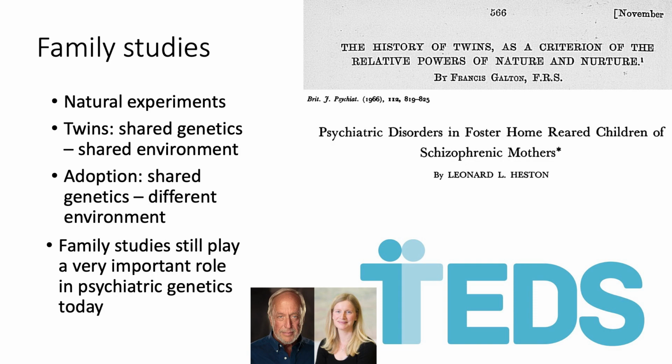And then just to say, I won't really be talking very much about family studies today because it's not the field that I work in, but this type of study still plays a really important role in genetics and in psychiatric genetics. I've just included one example here, the TEDS study, the Twins Early Development Study, based at the SGDP at King's, founded by Robert Plomin and now run by Thalia Eley. This is still providing some really valuable contributions to our understanding of psychiatric genetics. They're doing some genome sequencing as well, and they've also launched the CoTEDS study. This has followed twins born in the early 90s, and now they've got the Children of TEDS study,